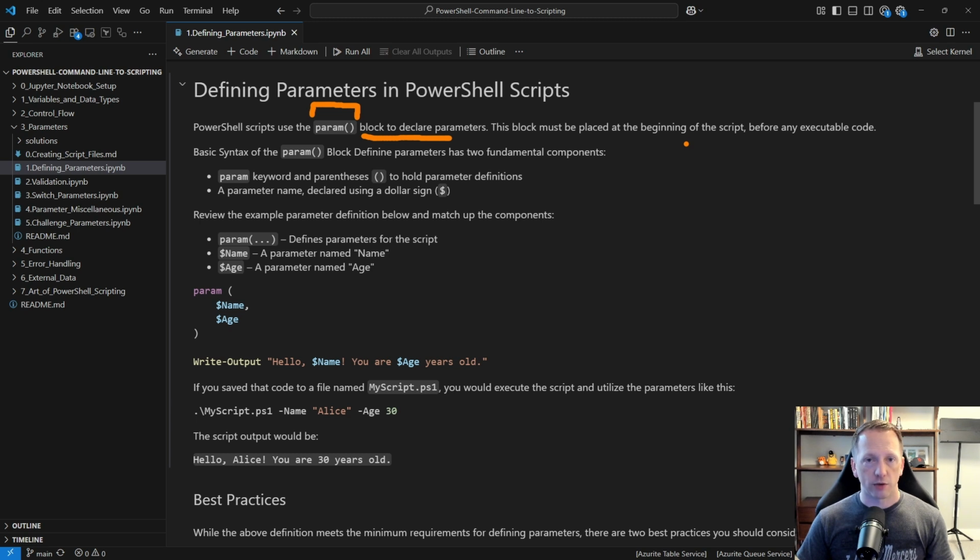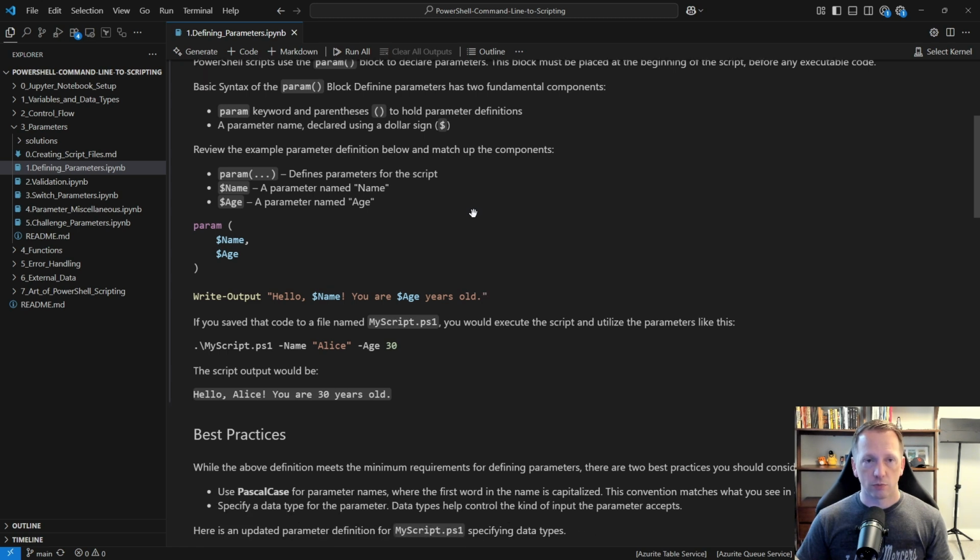Within our param block, we have 2 fundamental components. We have, again, the param keyword and open and close parentheses, and then a parameter name declared using a $, just like we have with our variables. Parameters and variables, you can pretty much think of them as the same thing. It holds information that you'll use inside of your script. Let's take a look at a very, very basic parameter definition here for a script. We have param right here. This is all of our parameters. And we have 2 things in here. We have $name for one parameter and $age. This is the bare minimum you